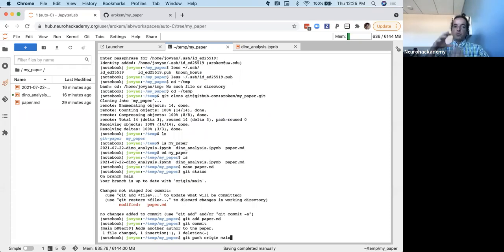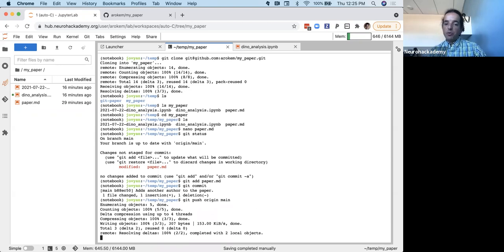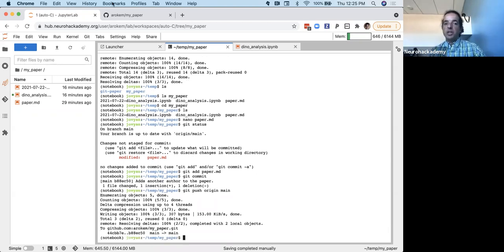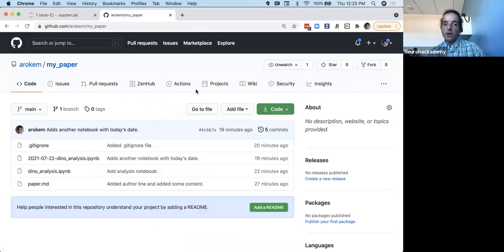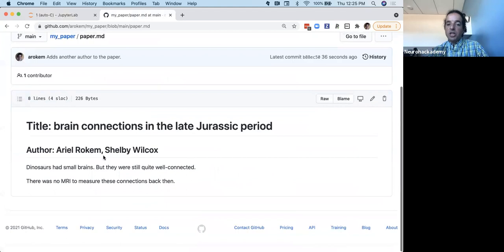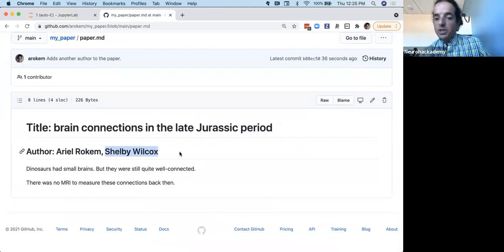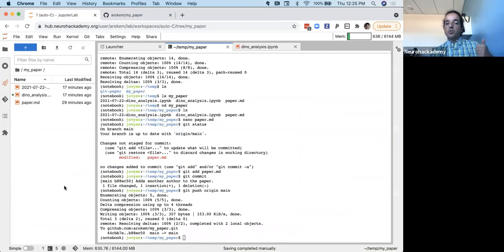Git push origin main will take this change, do the authentication step for me, and push it into GitHub. So now if I refresh this page, you'll see that the last commit here is this one, and the content has also changed so that Shelby is included as an author on the paper. So when I did git push, it updated the remote repository to the state of the local repository